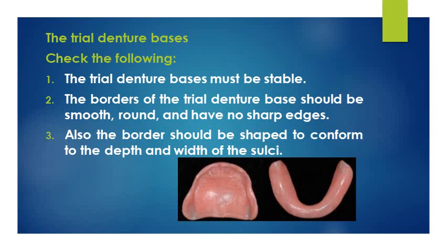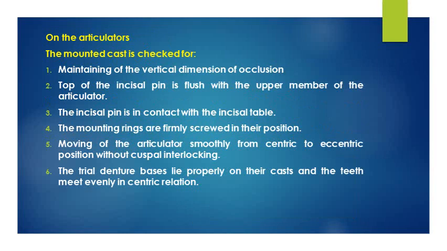First, we should check the borders of the denture: round borders, smooth surfaces, no sharp edges. Also, the border should be shaped to conform to the depth and width of the sulcus. On the articulator, the mounted cast is checked for: